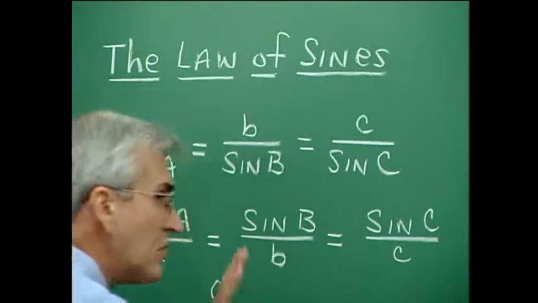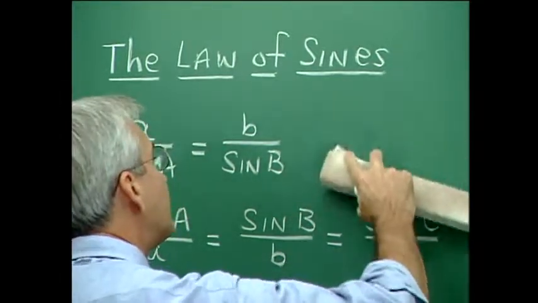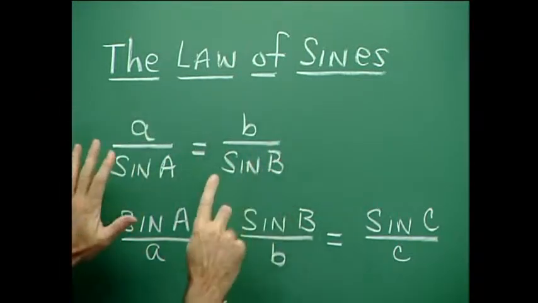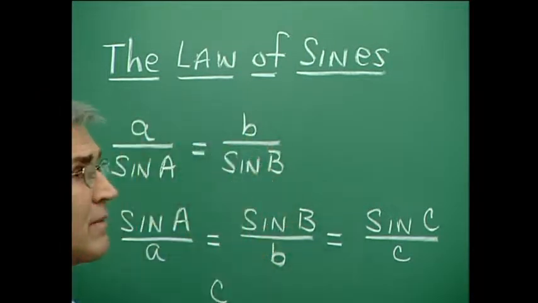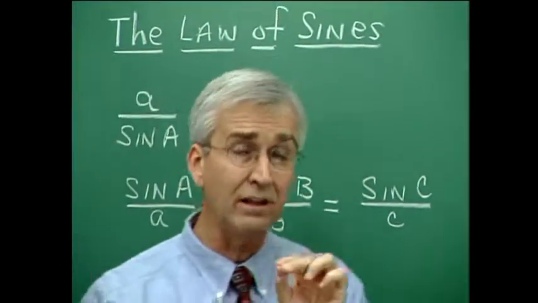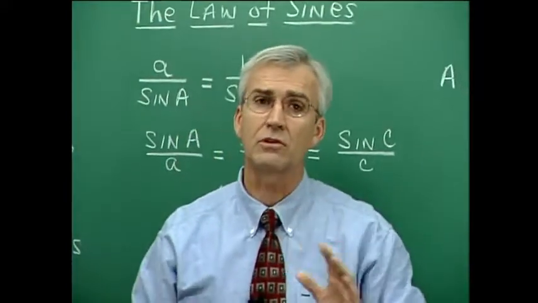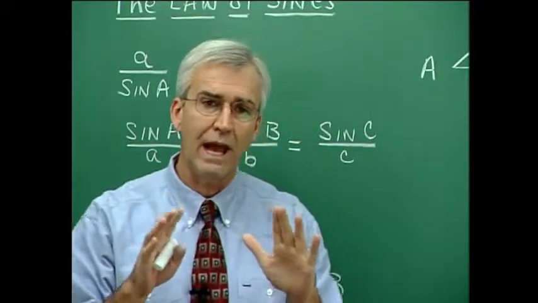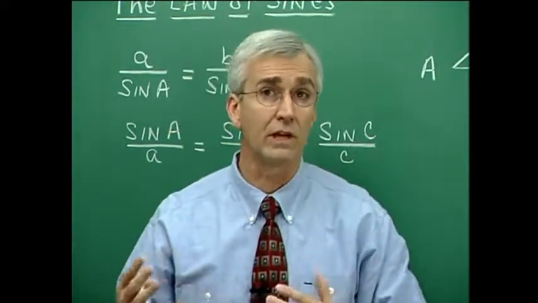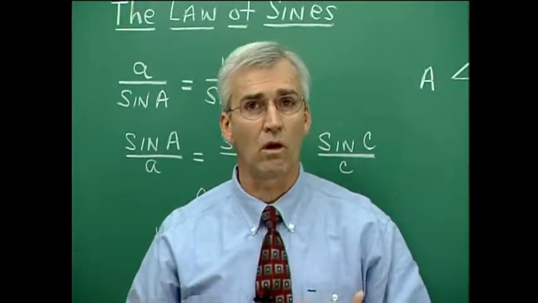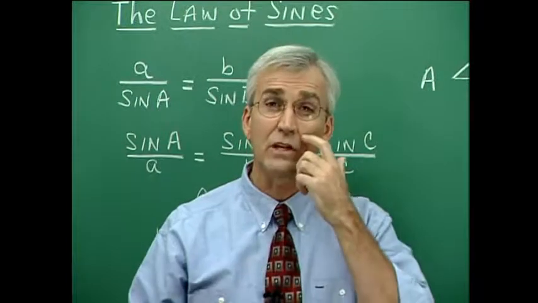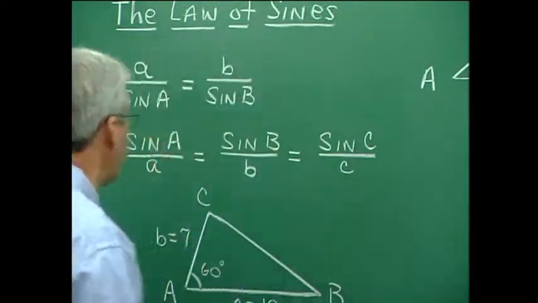But notice this, just conceptually here, that if we have just a couple of these pairs involved, in this equation we have 4 pieces of information. Now we said earlier that we need 3 pieces of information, including the length of a side, in order to be able to solve the oblique triangle. And just generally, when we have equations that have 4 variables in them, we need 3 of the 4 in order to solve for the 4th. And this just kind of meets with that general idea. Okay, now